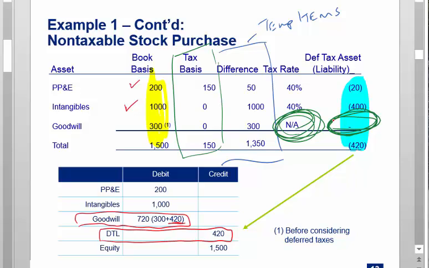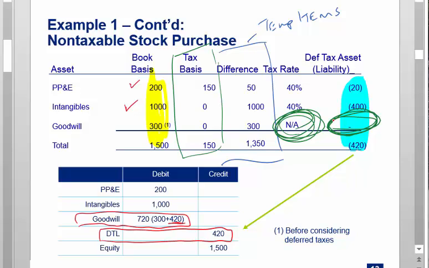Okay, so let's play it out this way. What if you did? How would it work? You'd set up a deferred liability. The other side would be Goodwill. But now you need more deferred liability because your book basis just went up again, but your tax basis is unchanged. So it's circular, right? So Goodwill is already the plug. So it doesn't make sense to put a circular gross-up calculation on a plug, right? That's sort of just like insanity.